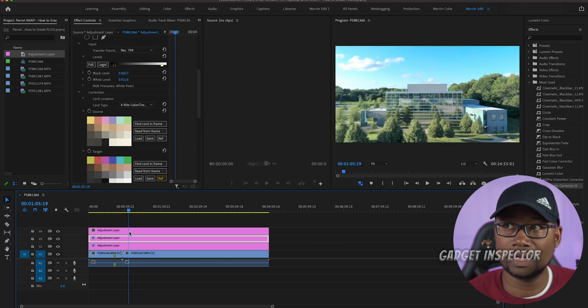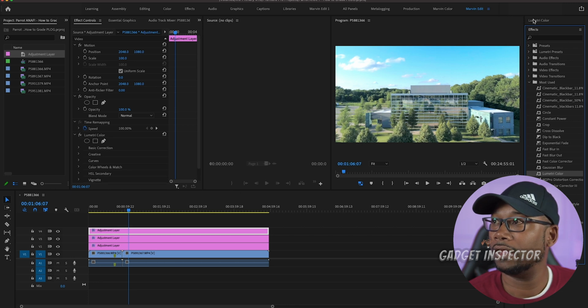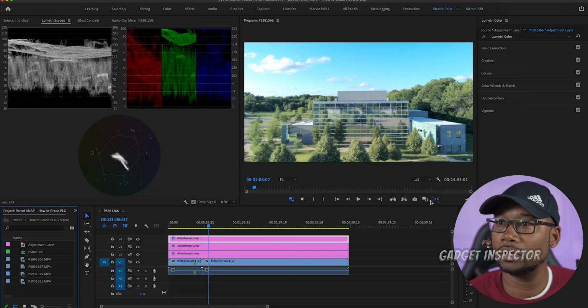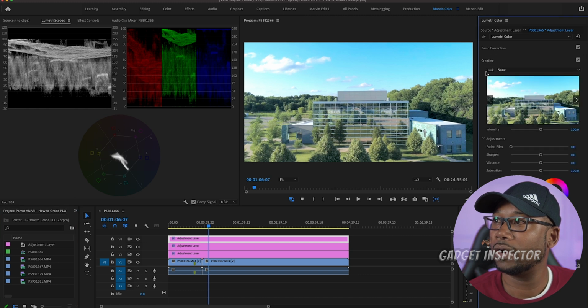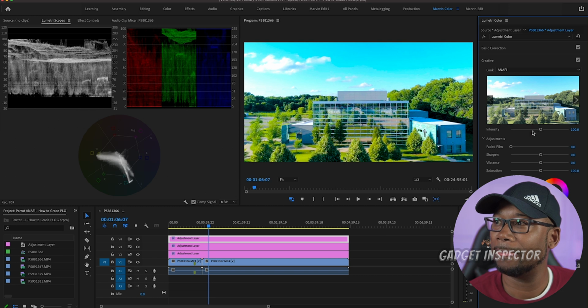Okay, so let's go ahead and use our third adjustment layer, and I'm going to just do Lumetri color here, and then let's go to Lumetri. I'm actually going to move over to color. Okay, and what I want to do right off the bat is I want to try out this ANAFI LUT. Okay, I'm going to bring down the intensity. Looks like it's adding